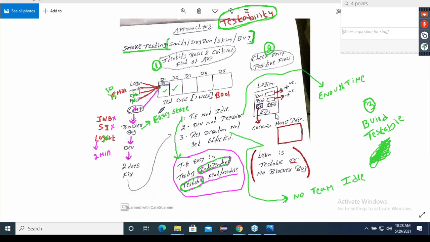He gets enough time to fix the bug. And next point,